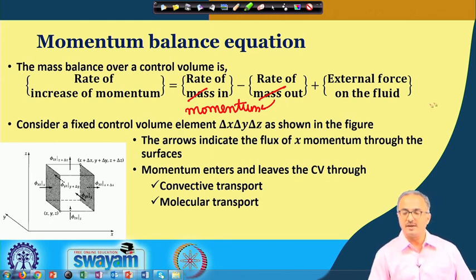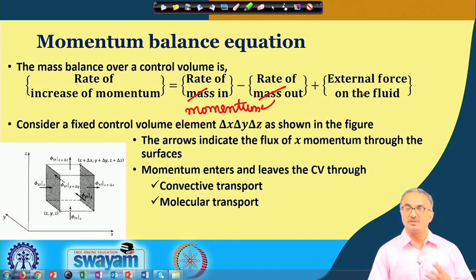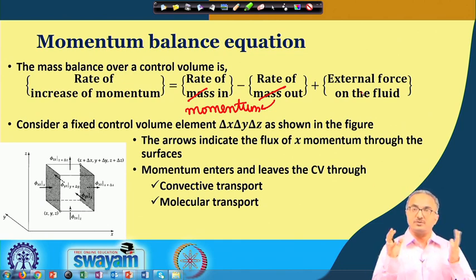So, that is why we are writing, other than this, these forces are external forces. So, we are writing all these external forces clubbed together. These forces could be due to many things. It could be gravity force, it could be electrical force, it could be magnetic force, it could be viscous force. So, there are various types of forces which will be there in this. So, those forces are clubbed together in this particular term. So, let us now just look at